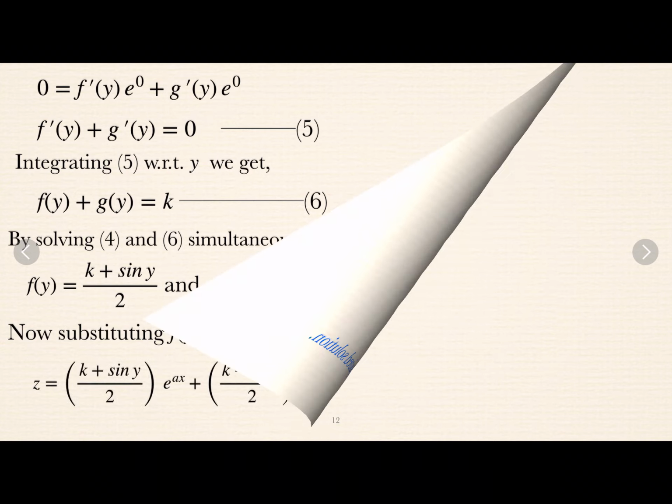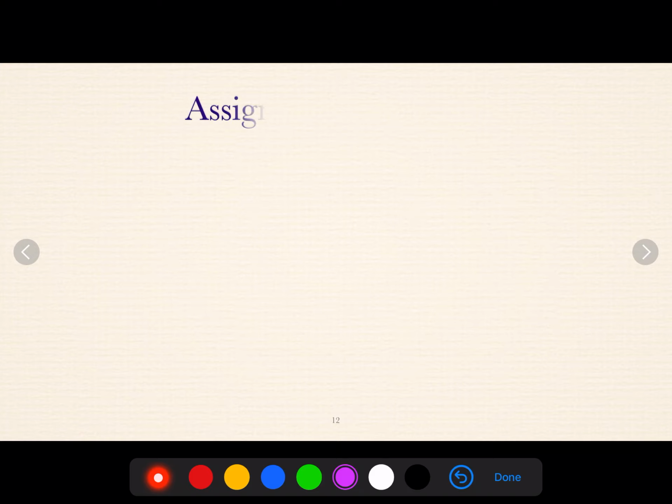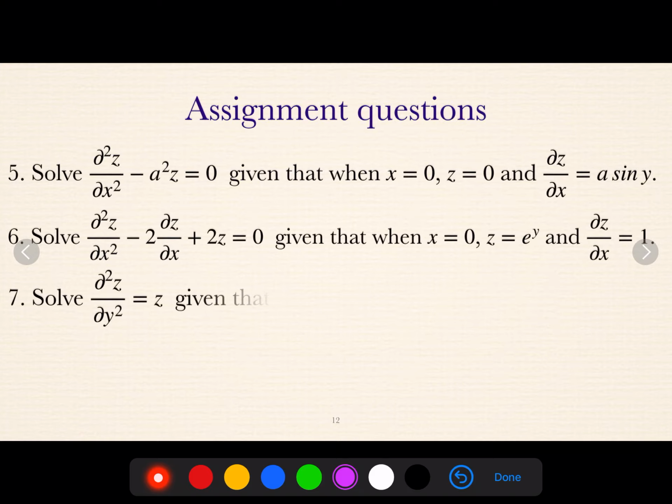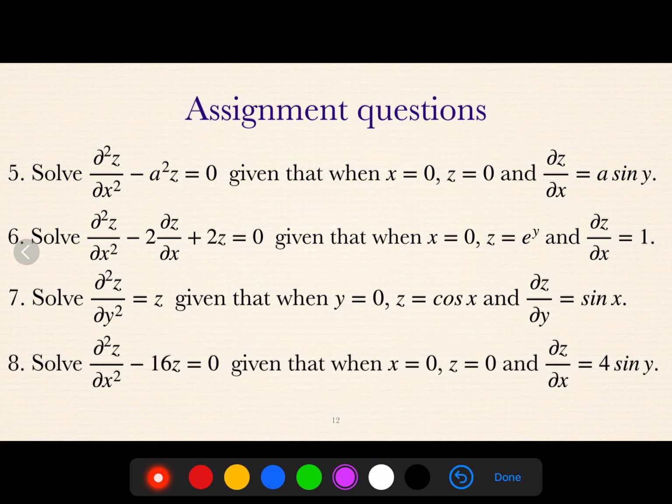Okay. Now based on these questions, I have given a few assignments. So work out all the problems carefully. Total 8 assignment questions are there. 4 you need to practice properly before solving these 4 questions. First practice the first 4 questions carefully and copy that in the notes as well as in the assignment. Then go solve these 4 questions. There are total 8 assignment questions.